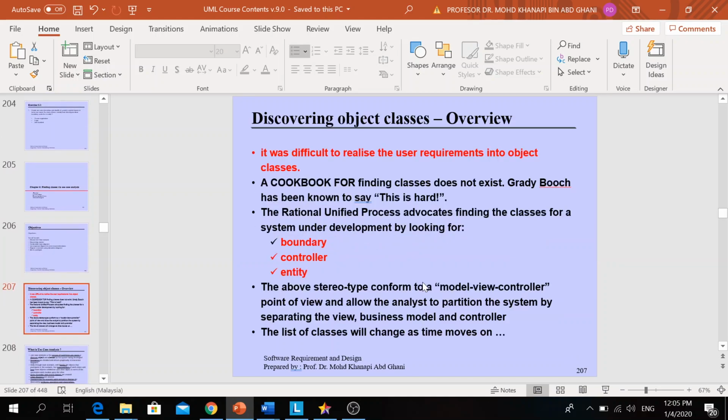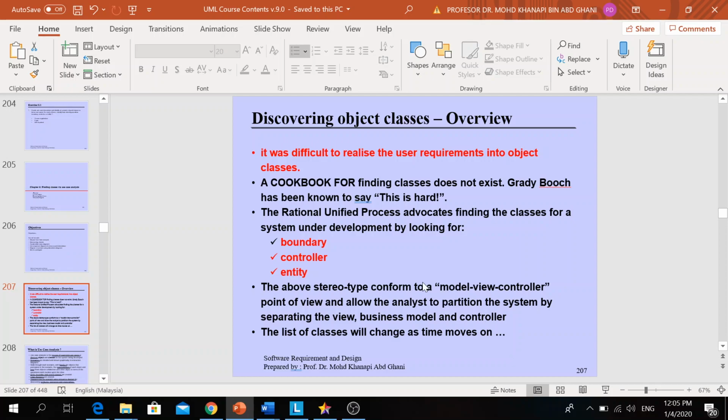You need to divide it into three object stereotypes. They call it boundary, controller, and entity. So you need to mention in your use case description which object classes you involve in performing a certain function.